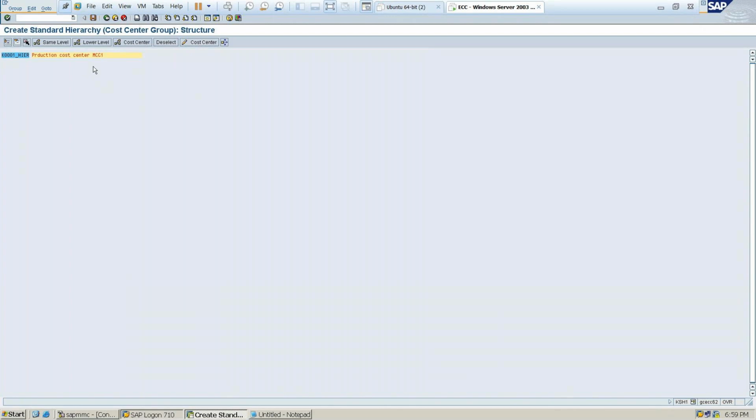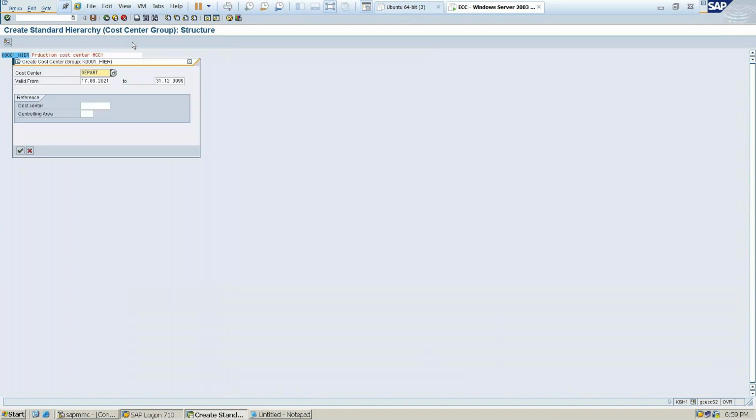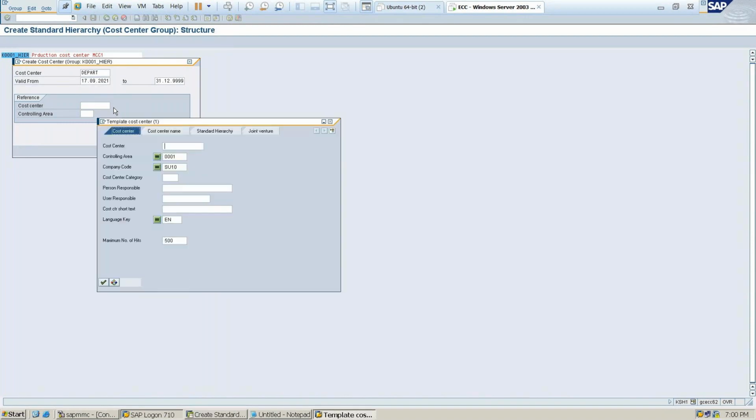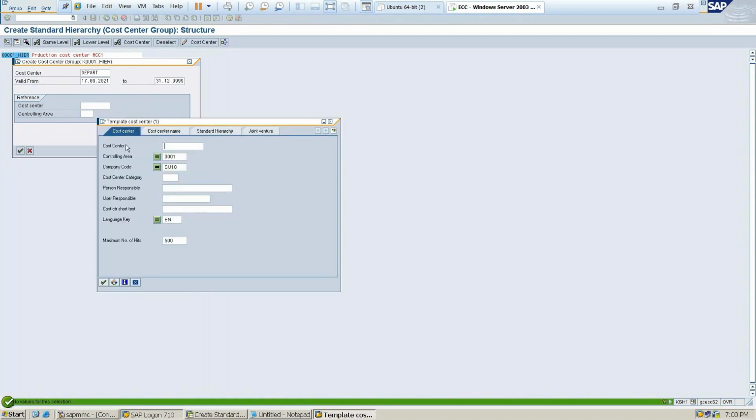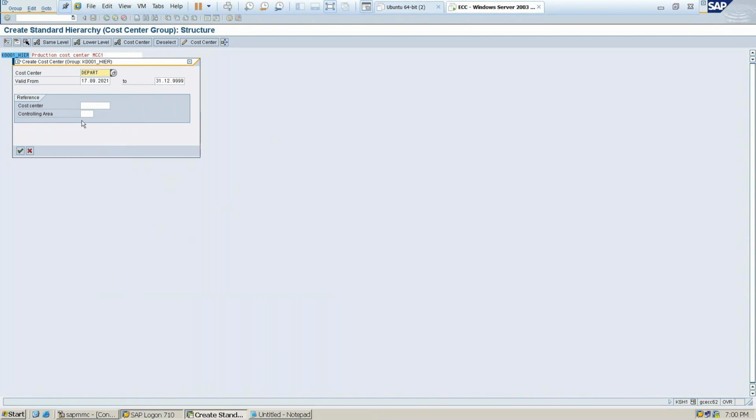After typing here, click on the cost center. So you need to click on cost center and enter your cost center. See, automatically the department it takes. So here we give the cost center which we have created, the department A which we have created. Same thing we will give here, and your controlling area, then tick.